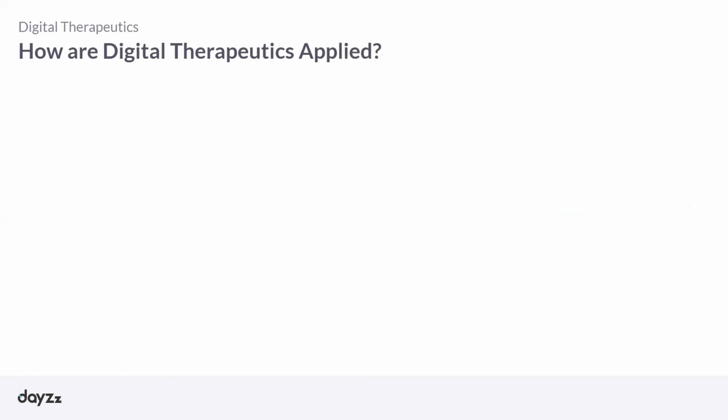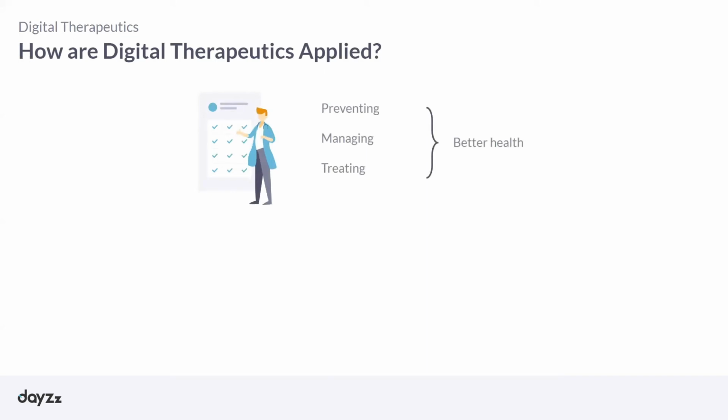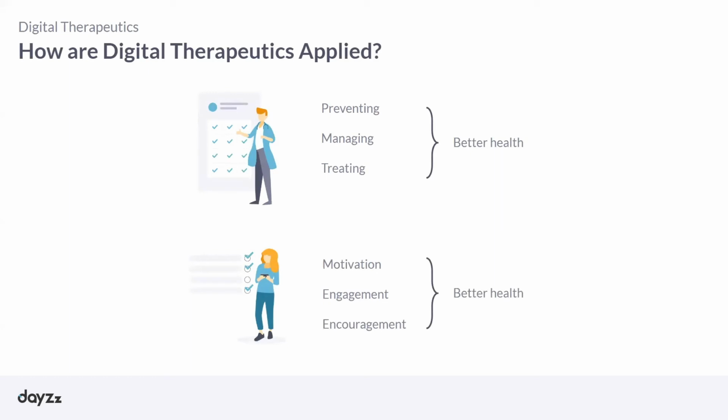So in principle, that sounds great, right? But you're probably wondering where digital therapeutics can actually be applied. They're a great option for helping people prevent, deal with, or treat health conditions that benefit from behavioral awareness and change, such as sleep disorders, diabetes, addictions, mood disorders, and so on. A big part of digital therapeutics involves helping you stick with treatment plans, even or especially when you've struggled to follow them. In many cases, digital therapeutics can provide that non-judgmental motivation, engagement, and encouragement that you might not find